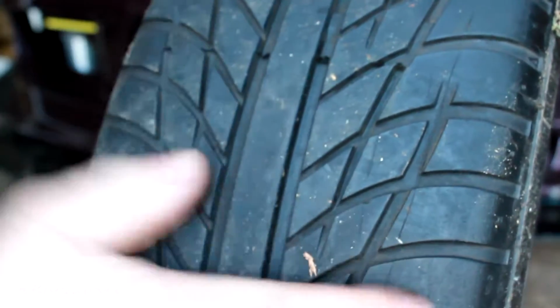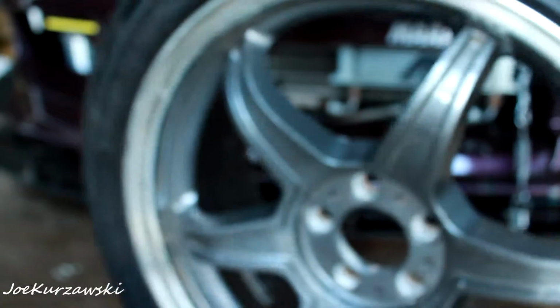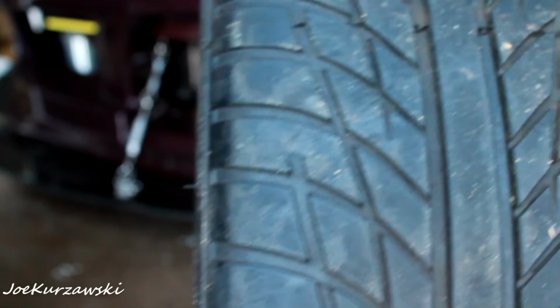Okay, now this is actually my spare that I use in my car. It's just a Team Zingen wheel. Let me get it back in focus here. Okay, but as you can see, these are directional. This is just kind of a summer tire. These are Sport NS1